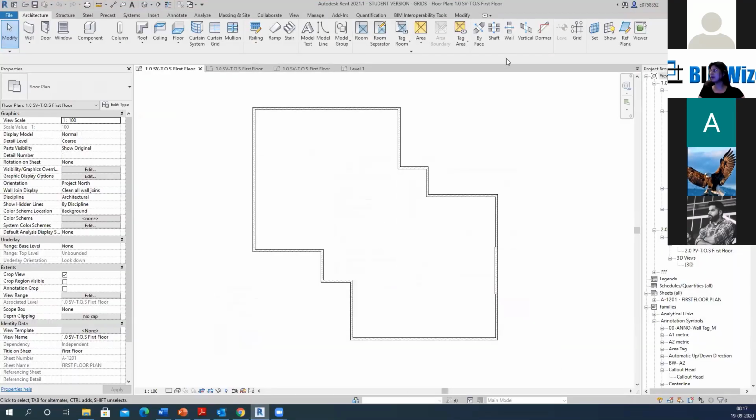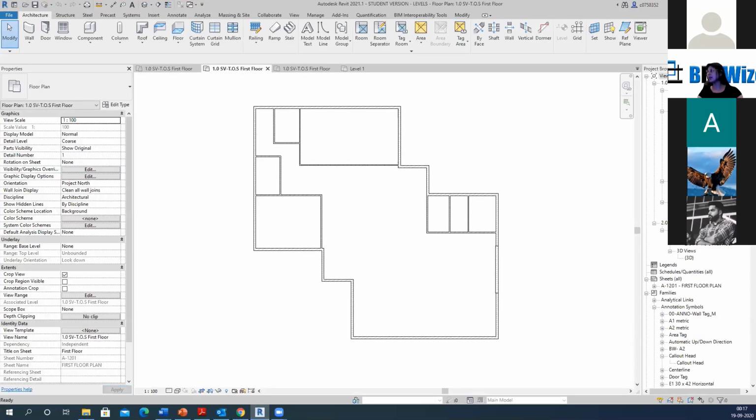So let's say one of these projects I'm going to take up, and right now how I have organized my project browser is that I have my sheet views. So the views that are going to go on sheets are arranged according to the scale, and then according to whatever floor plan category they are. So let's say I have 1:200 scale floor plan, which is my site plan. Then I have 1:100, quite a few. So I have 1:100 floor plans, and then ceiling plans, and then elevations, and then at 1:50 scale,